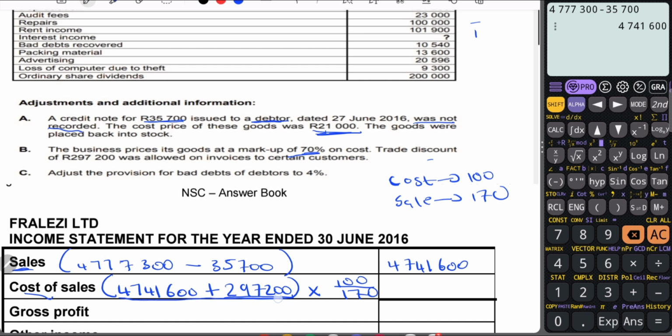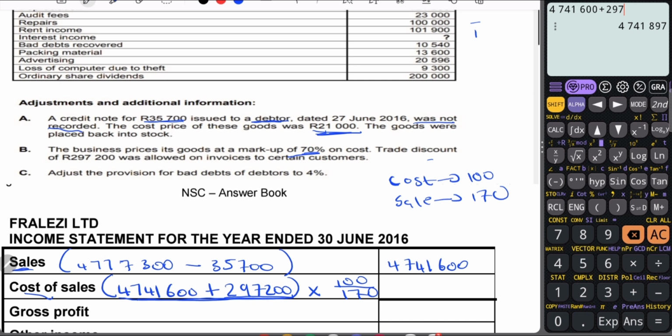Why do I add back the 297,200? I want to check the sales before we gave them a trade discount. How much were the sales? Then I'm checking the price of the sales